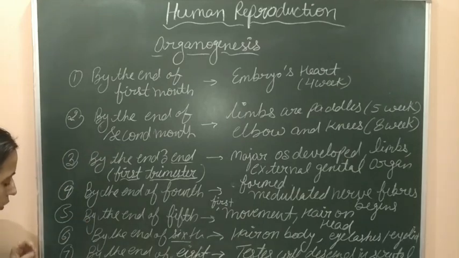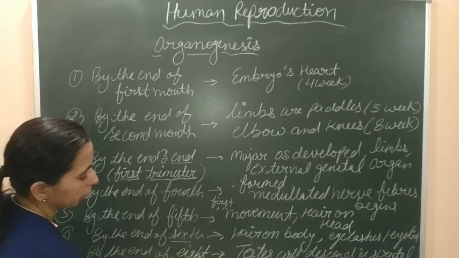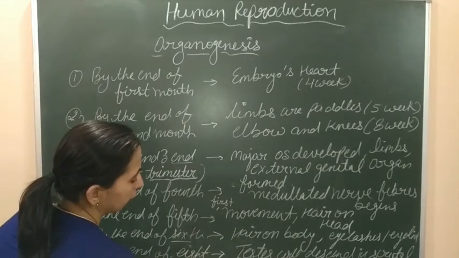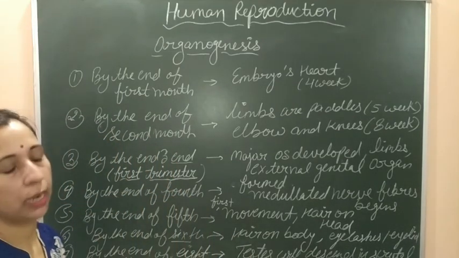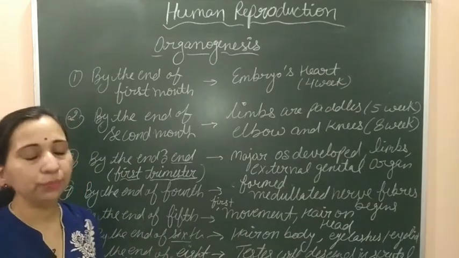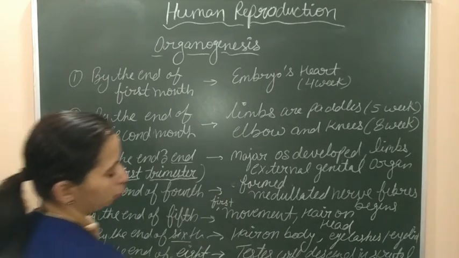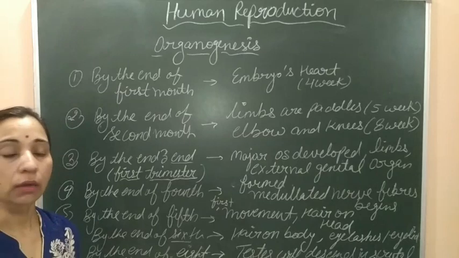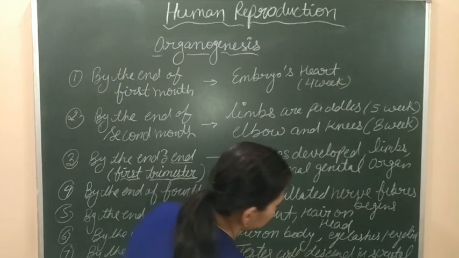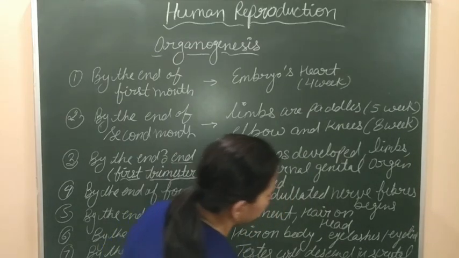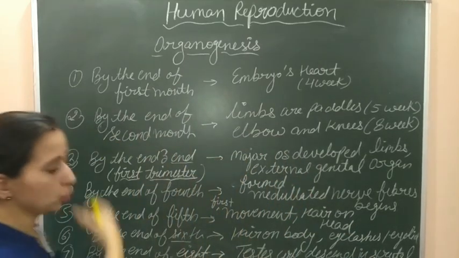And now last, that is by the end of 9th month. हम अब आ चुके हैं at the end of the 9th month. 9th month means is the end of the pregnancy, is the end of the gestation period. So at that time, the fully developed baby is ready. Fetus is now fully formed and it's ready to take a birth. So we can write a fully developed embryo is formed. Embryo is now fully developed and it's now ready to take a birth.